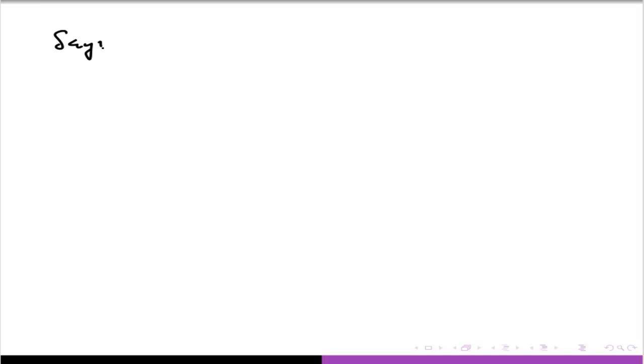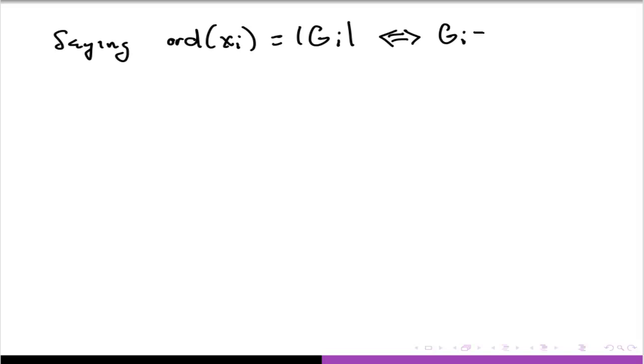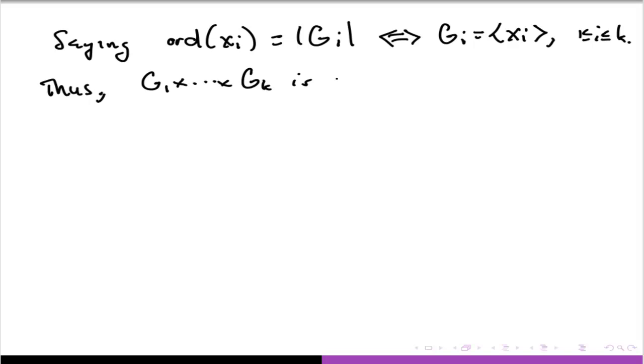Saying that the cardinality, or the order of xi is the cardinality of gi, is equivalent to saying that xi is a generator. This is true for all of these values, which means that gi is a cyclic group. Thus, the Cartesian product is cyclic